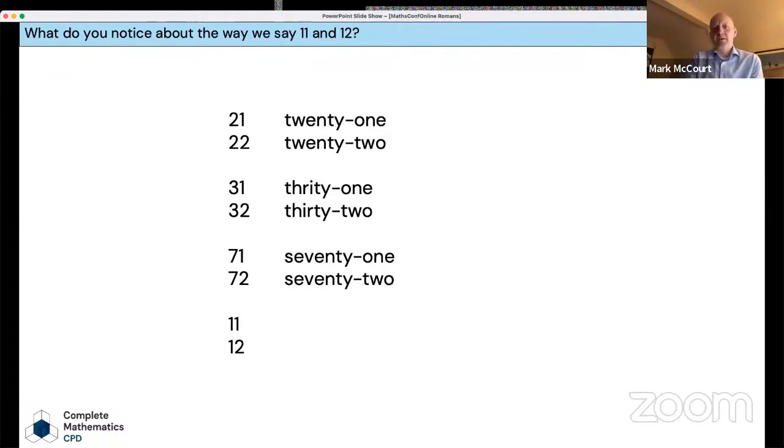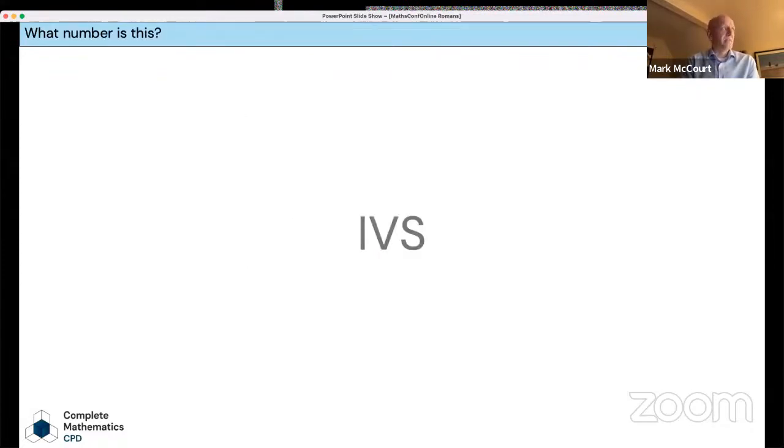Yet then we have this really weird situation with this numeral and this numeral. How should they be said? And obviously the way in which we say those are 11 and 12, but would it not make arithmetic much clearer? Would it not make things much more straightforward for pupils if we referred to these as 1t1 and 1t2? So 1, 10 and 1, 1, 10 and 2, and we're seeing how the number is being constructed and built up. So why is it that we have these different words for 11 and 12 that don't fit the rest of the pattern? Well, let's take a look at this number.